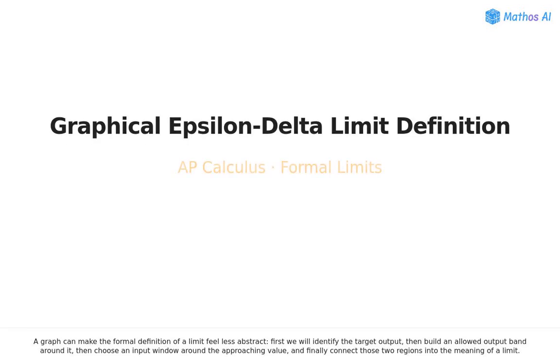A graph can make the formal definition of a limit feel less abstract. First, we will identify the target output, then build an allowed output band around it. Then choose an input window around the approaching value, and finally connect those two regions into the meaning of a